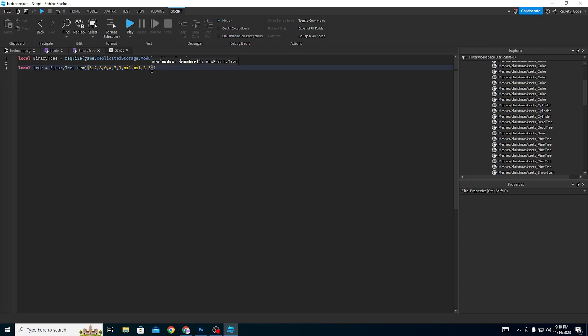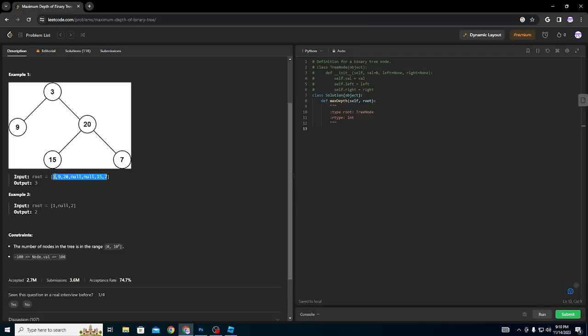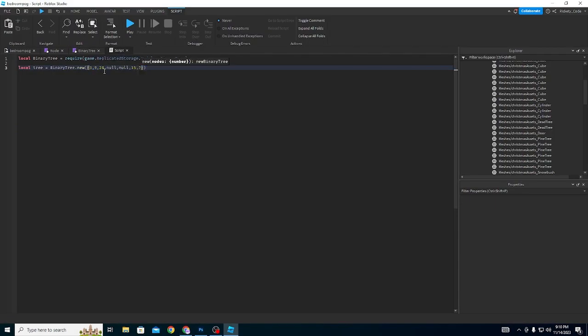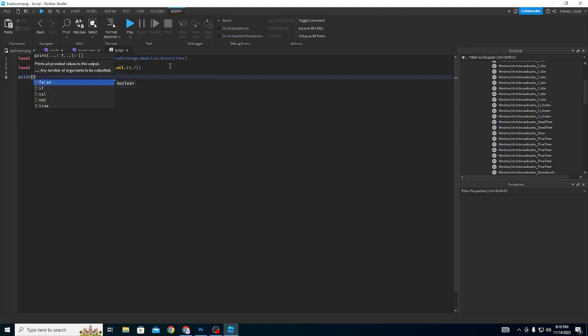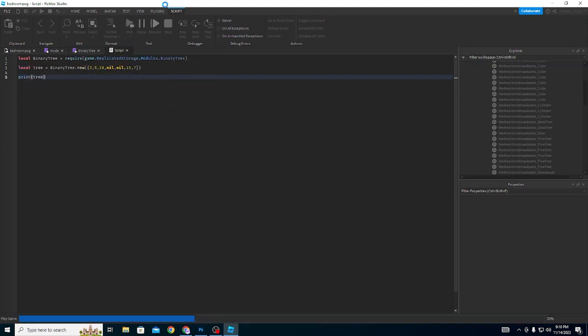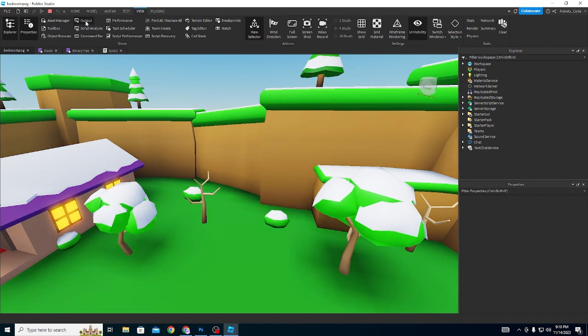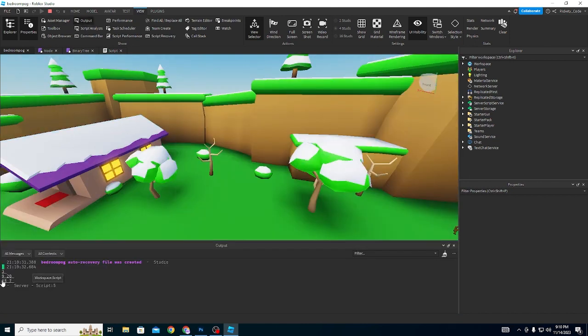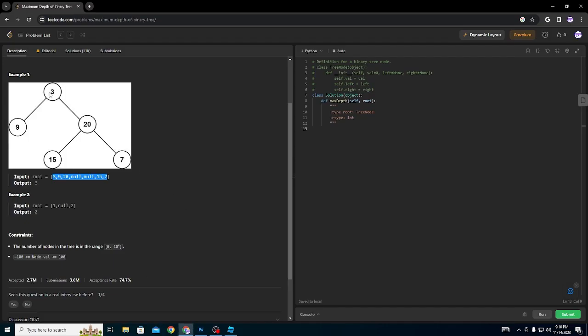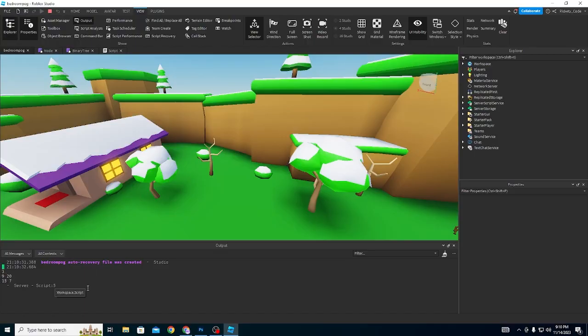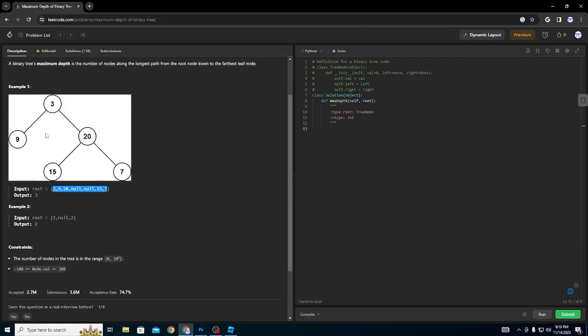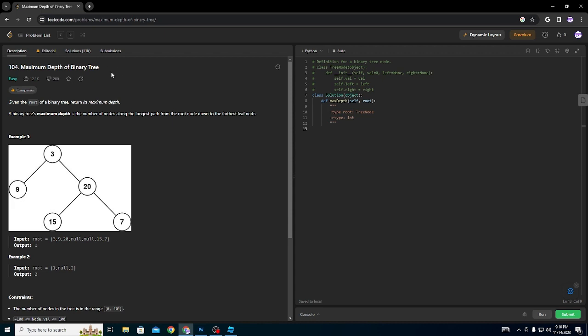But basically I can set up a binary tree just using this list that I pass in. If I grab these numbers, we can make a binary tree off of these nodes. Let's just see it actually work in process. Output: 3, 9, 20, 15, and 7. So it works, guys. So today we are going to be learning how to solve the problem maximum depth